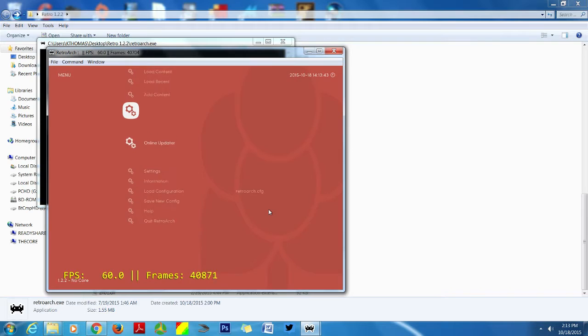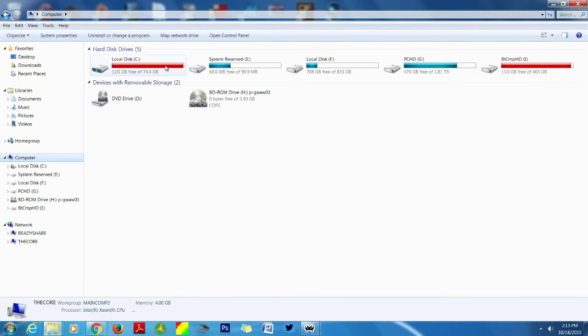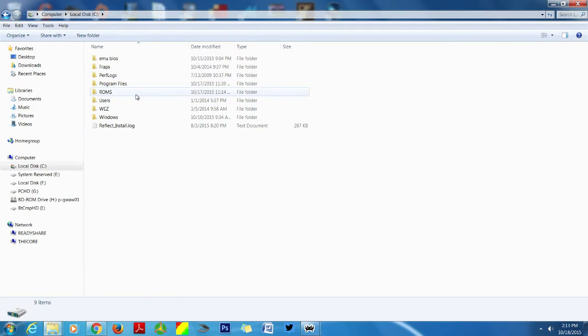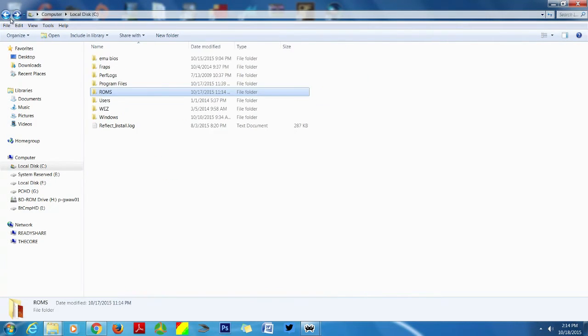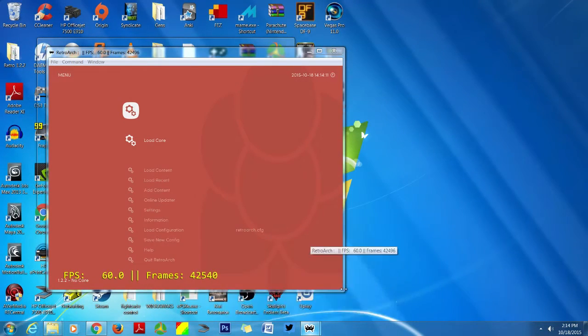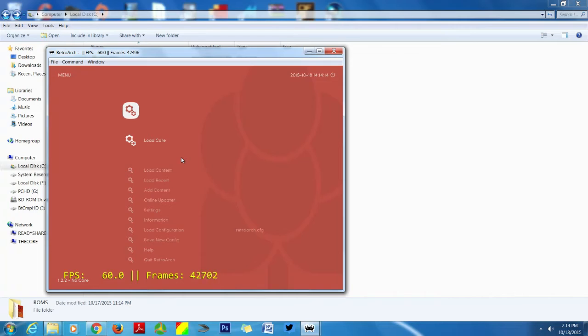So basically, you had to create your own folder. And that's kind of why I was saying you want to go into your computer manager and maybe put it here, because of course then everything automatically falls into the local disk. I've basically just created a ROM folders here. The reason I did that was it's easier to navigate once I'm in RetroArch, okay? And I'll show you that in just a second.